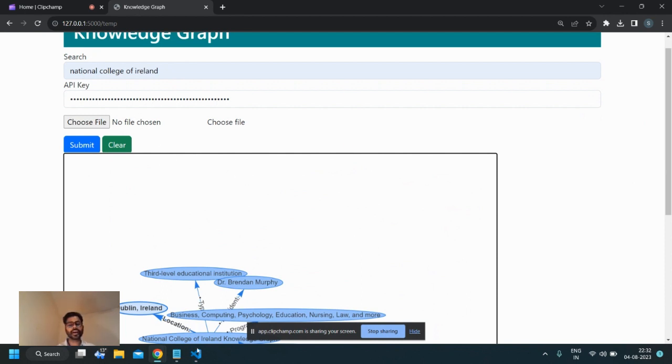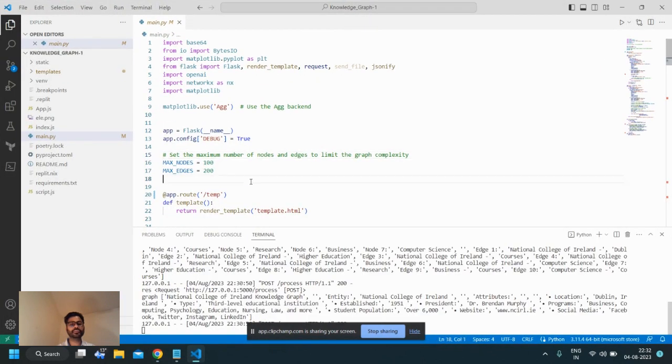In this I use some AI components, so I will show you. You can see here this is my Visual Studio. First of all I imported some libraries. Then I'm using Flask for the web application, because I'm developing a web application. Here I'm defining the nodes, because the knowledge graph using the OpenAI API is showing multiple